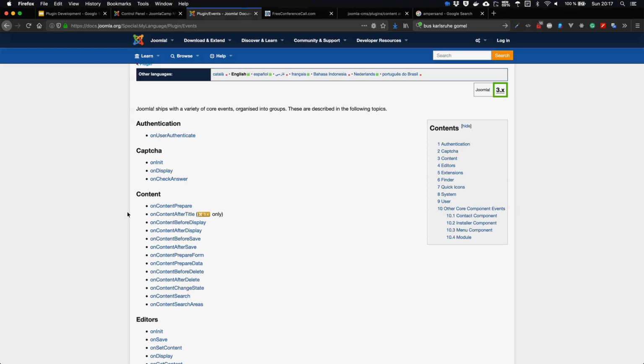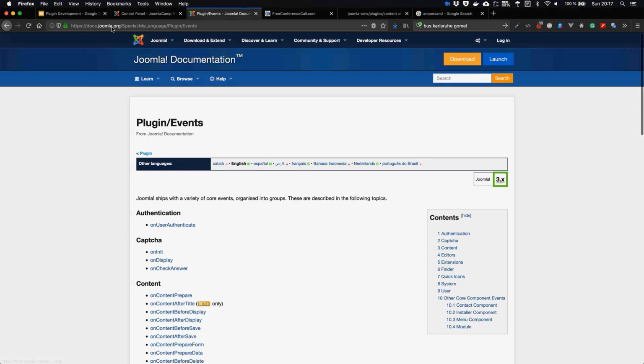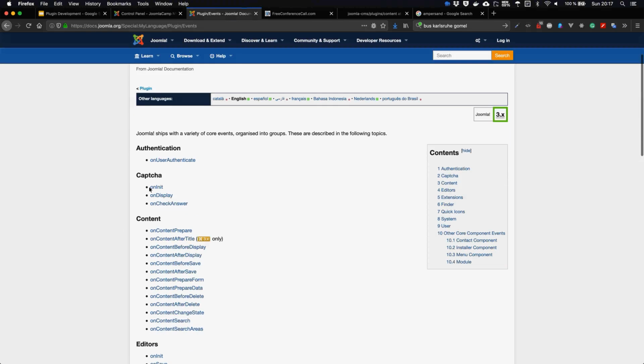I still remember when it was Joomla 1 or 1.5, we had all plugins in one folder. It was such a mess. But now you can define your own group, like my extension, my component, whatever group, and then you can put your own plugins into the group. And then you have your own events, and you can also write nice documentation and make it possible for people to extend your component. But those are, you see, the official docs.joomla.org documentation page,